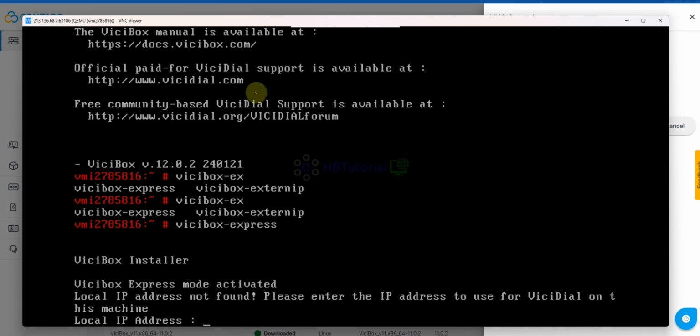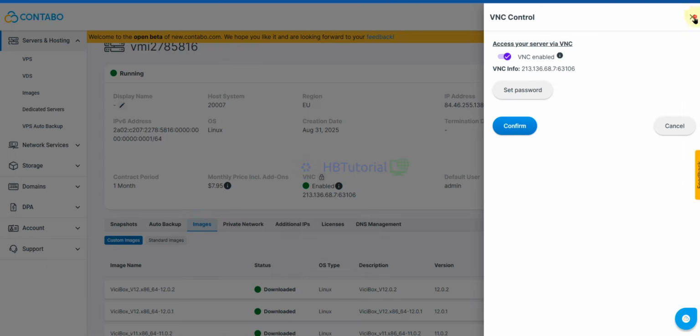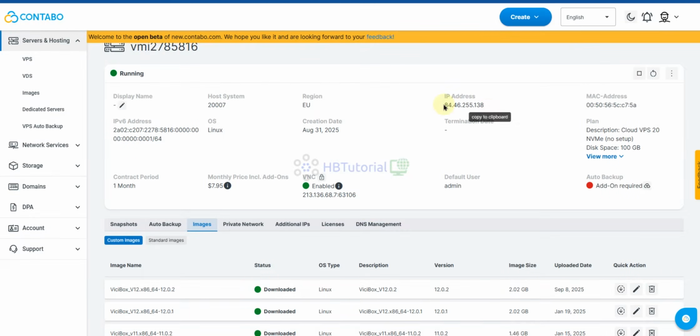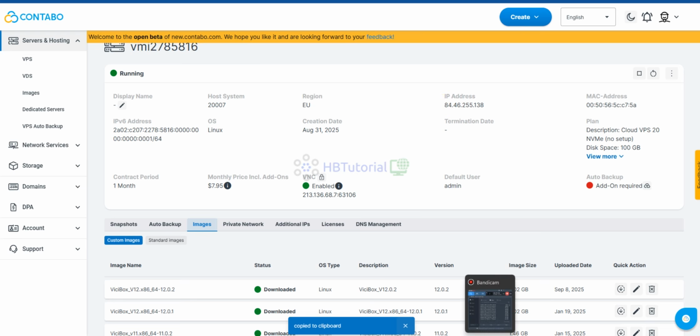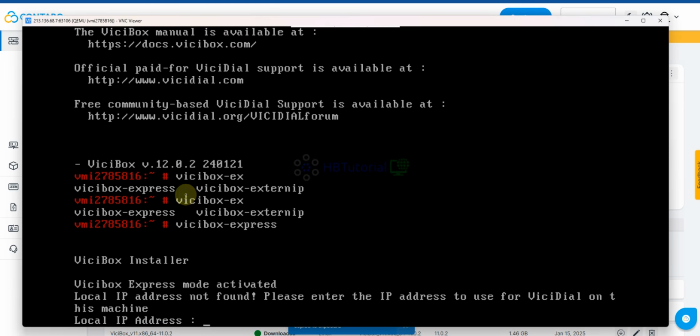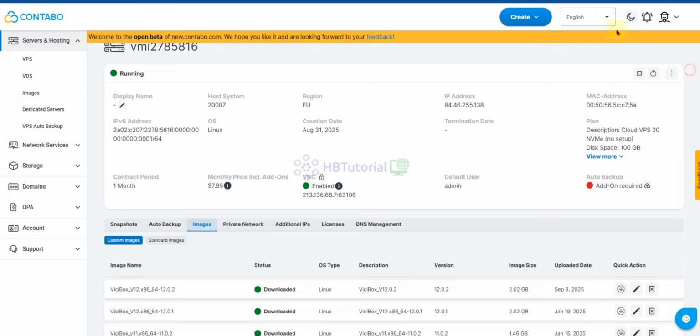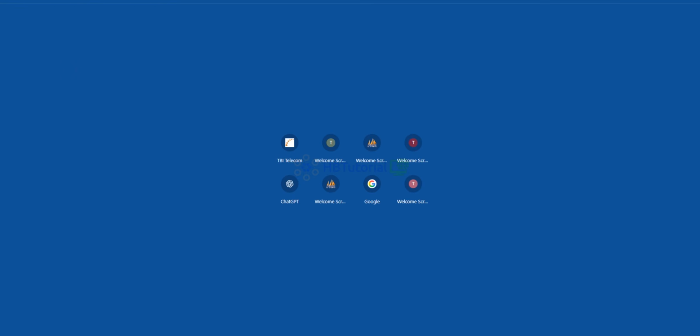And then your local IP address. This means your server IP address. So this will be our server IP address. I can paste the IP over there.